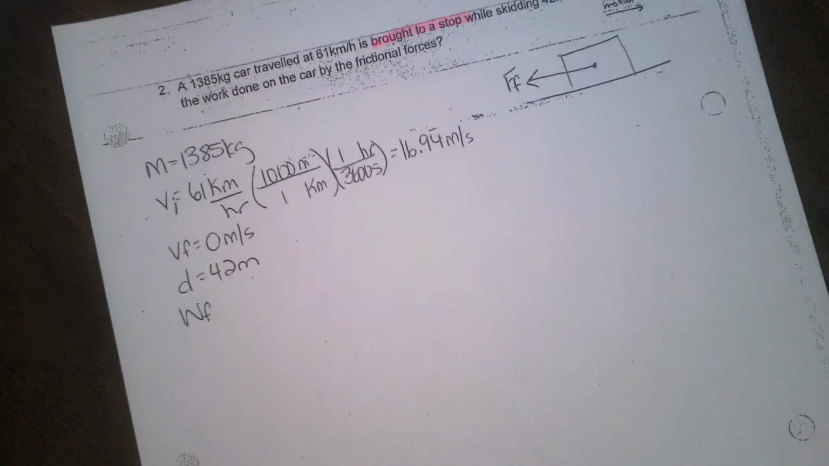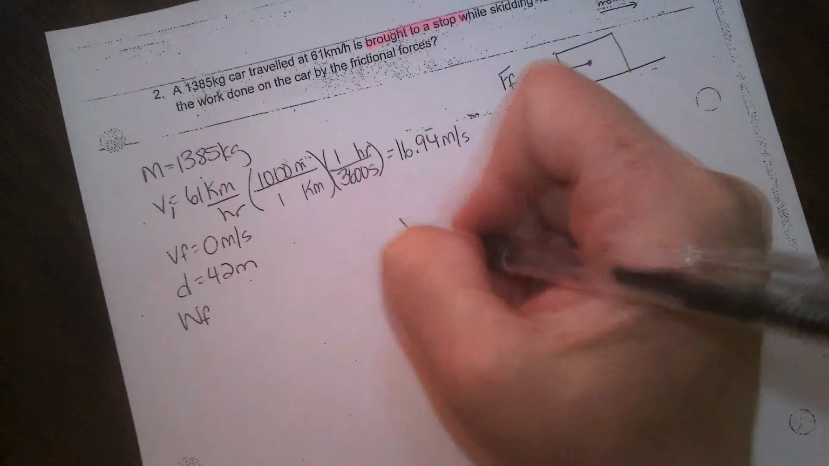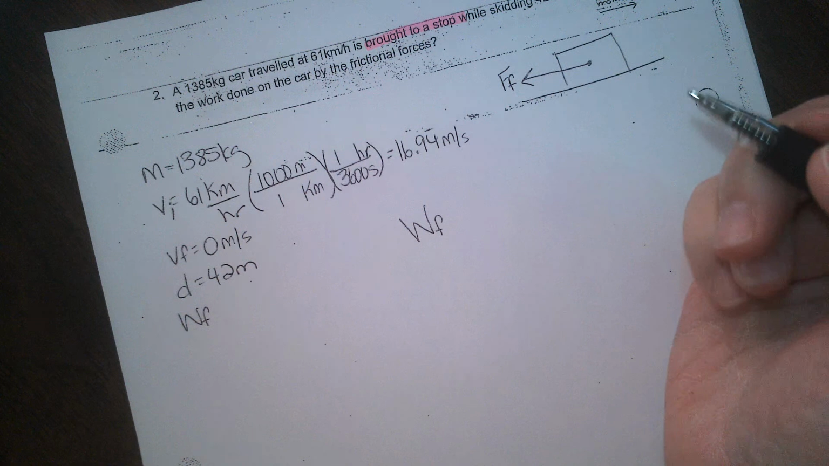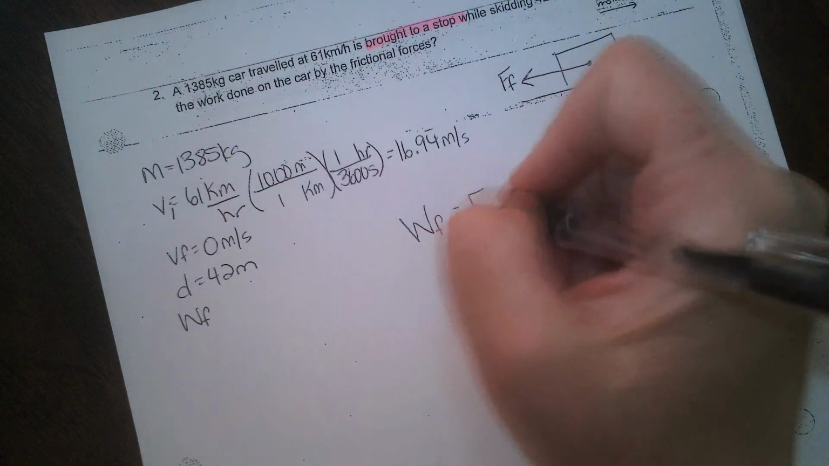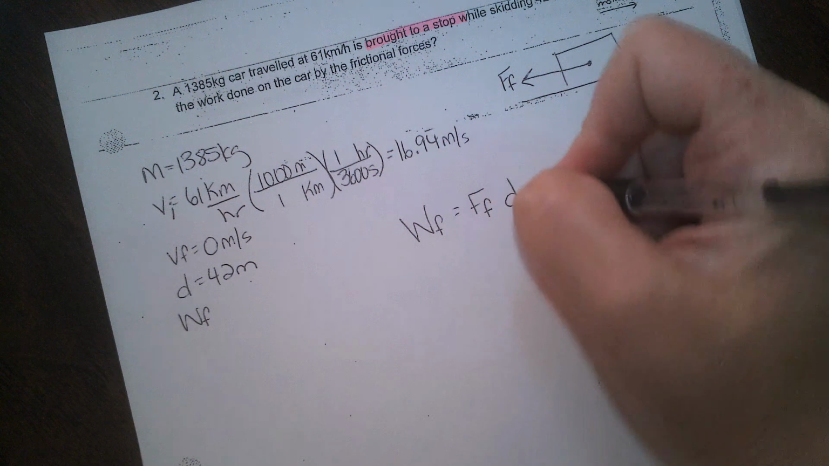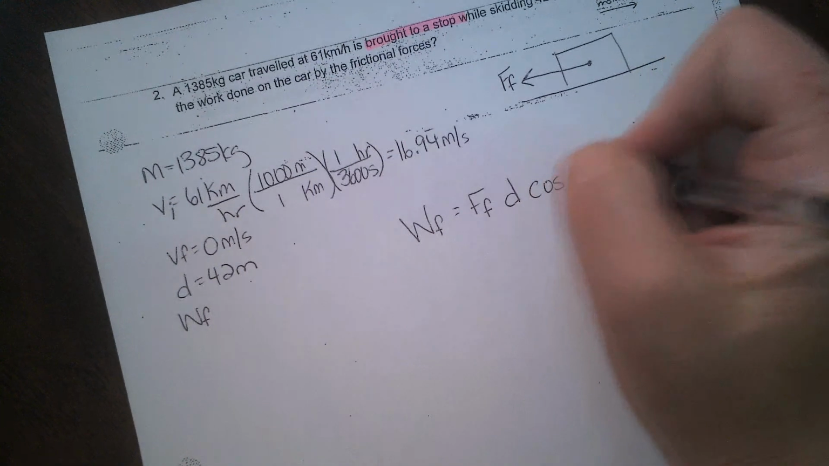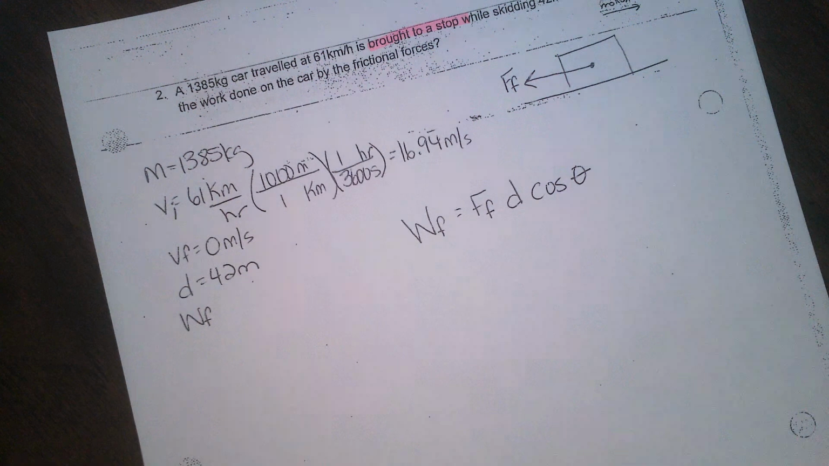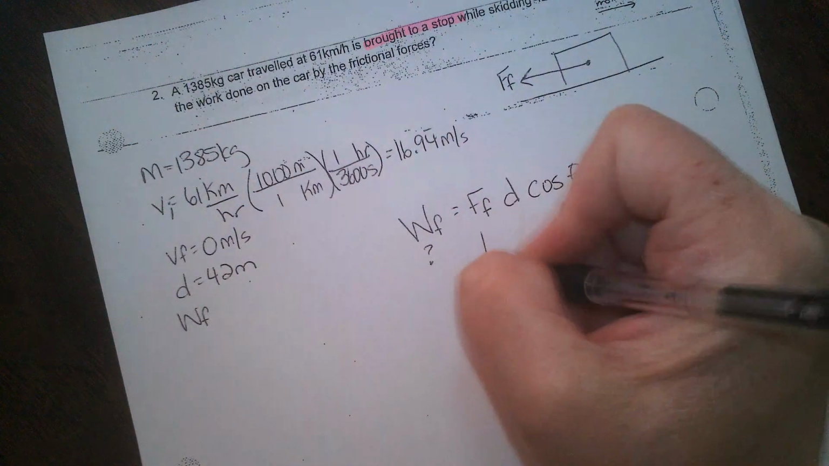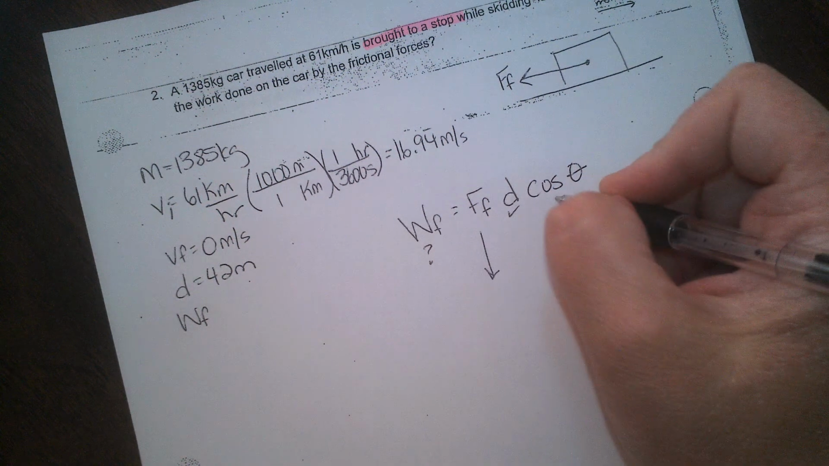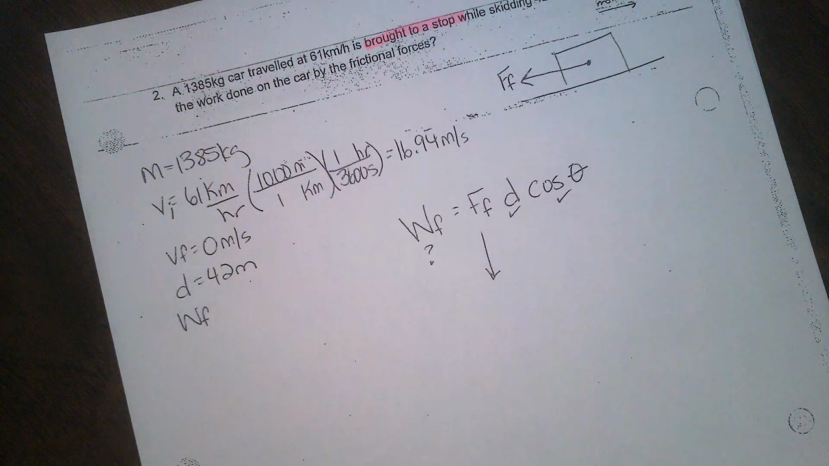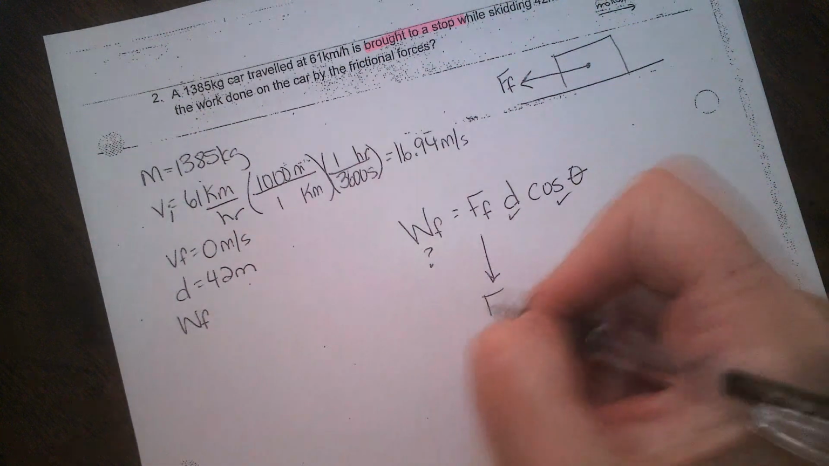All right. So straight up, in order to solve it, work due to frictional forces is equal to force of friction multiplied by displacement multiplied by cos theta. That's how we solve it. Do we have force of friction? No, this is what we're looking for. This we don't have. We have this and we have that. How do we solve force of friction? Force net